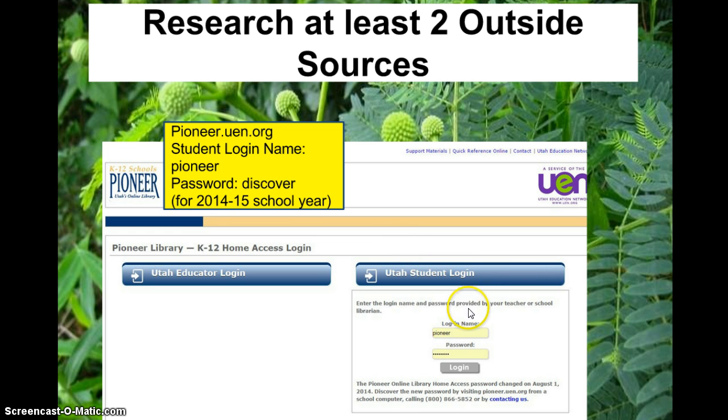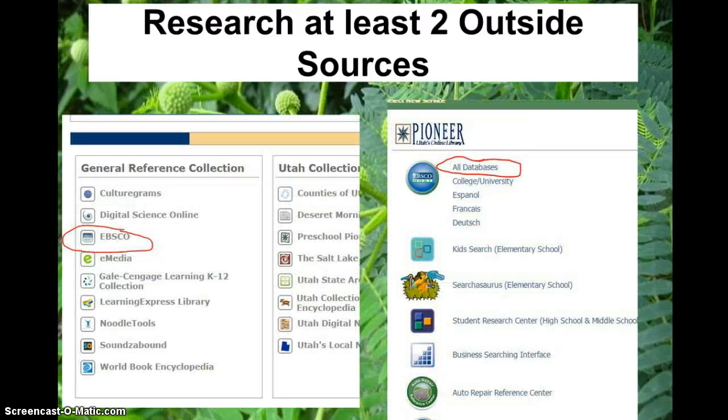So it should look like this. This is your login. I'll show you a little bit about how to research in the Pioneer Library. If you have any other questions, make sure you ask. You'll first go to, you'll see this screen, I want you to choose EBSCO. That's a large compilation of databases. You'll choose all databases,